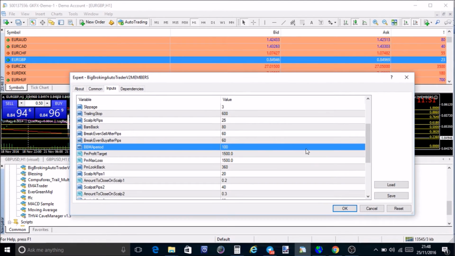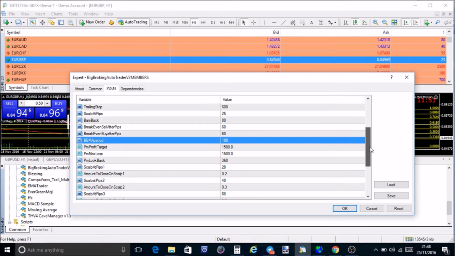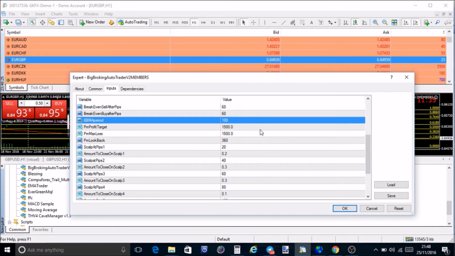So it's up to you. You can change what you want to do, but don't change the time scale of it. Leave it at 100 just because it works with the rest of the stuff that we're working on. Profit target maximum and max loss, you can amend these amounts if you want to, but effectively you will kill